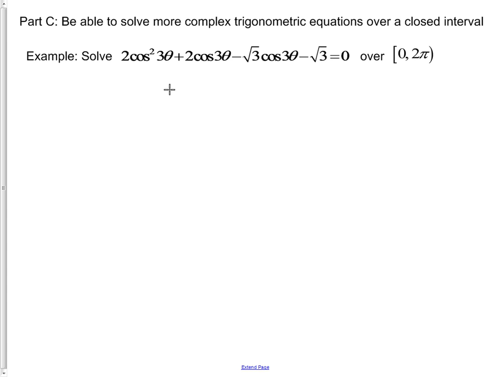Hello again. Let's talk about some more complex looking trigonometric expressions, and this one seems like kind of a monster. 2 cosine squared 3 theta plus 2 cosine 3 theta minus radical 3 cosine 3 theta minus radical 3 is equal to 0, and we're looking for all of the values that make this true over the interval from 0 to 2 pi. Well, the first thing we have to do is try to simplify this expression by factoring possibly